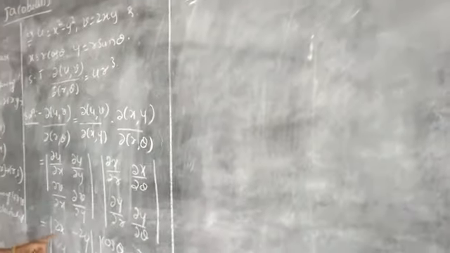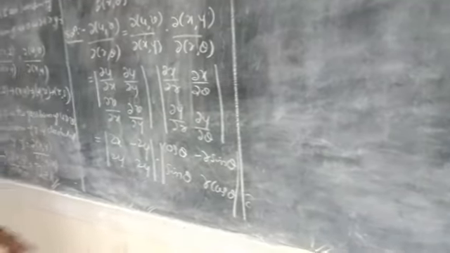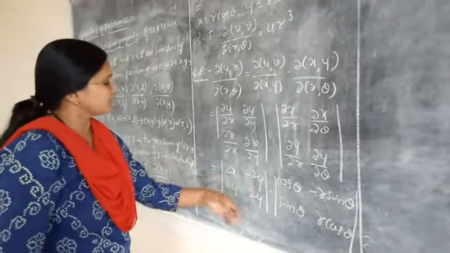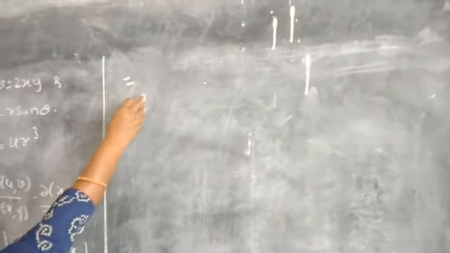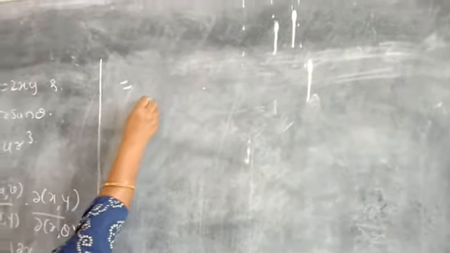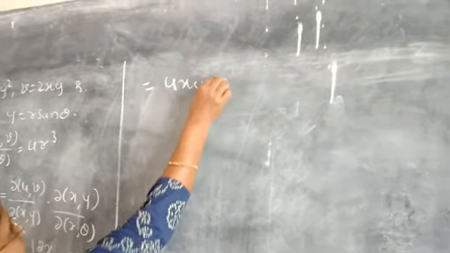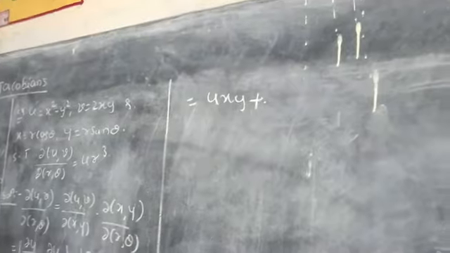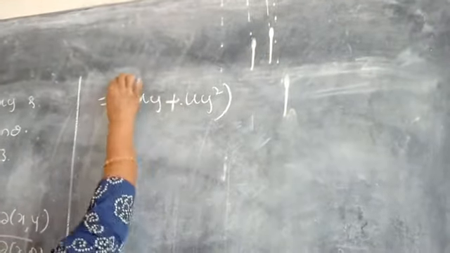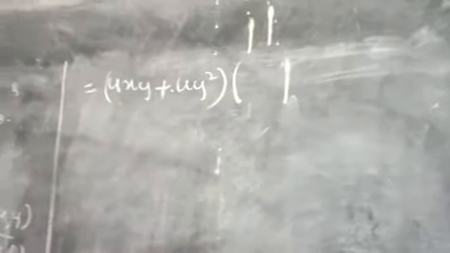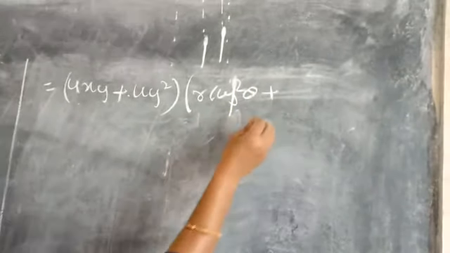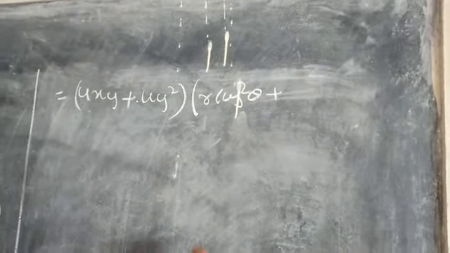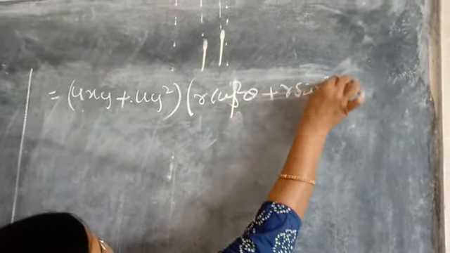You first have to simplify this, and after that we can substitute the values of r and θ. First, cross multiply. This is 4xy, minus into minus, plus 4y square, into, again we also have to cross multiply these two. This is cos θ into cos θ, or cos square θ, then minus into minus plus, because this is a determinant, you have to take the minus sign. It is r sin square θ.